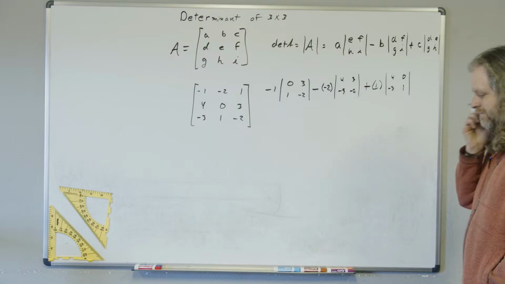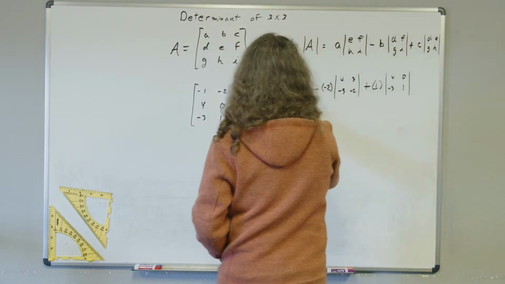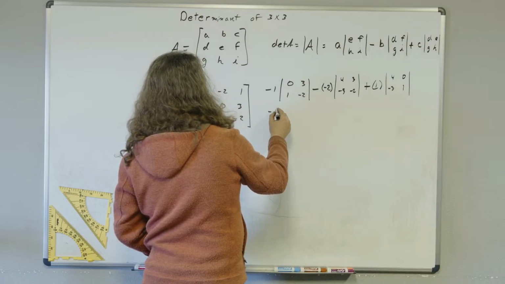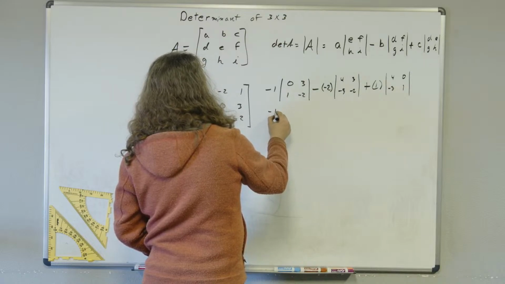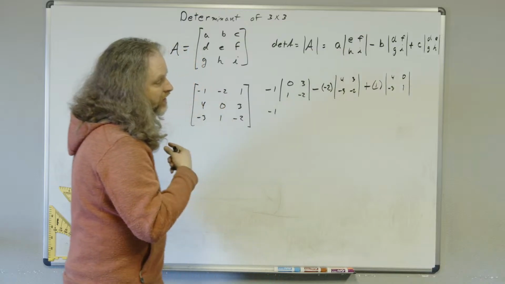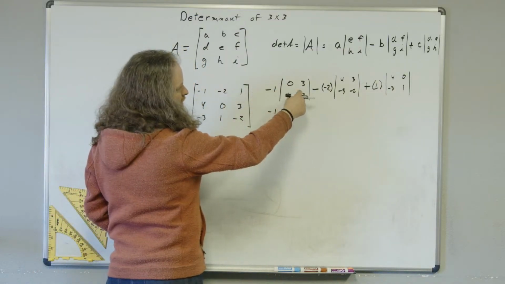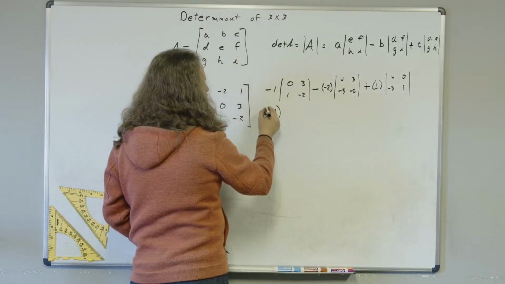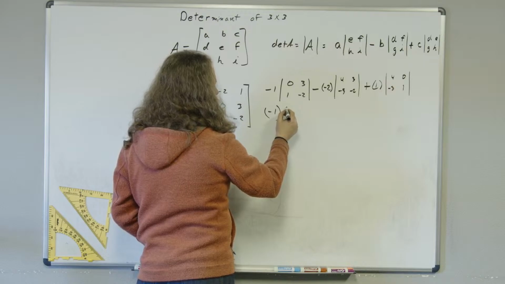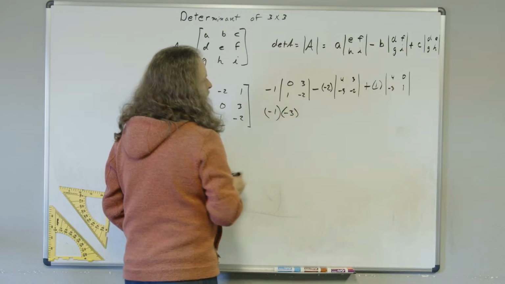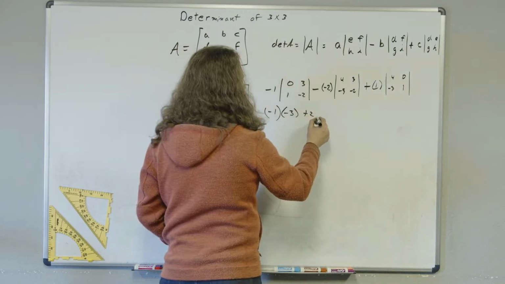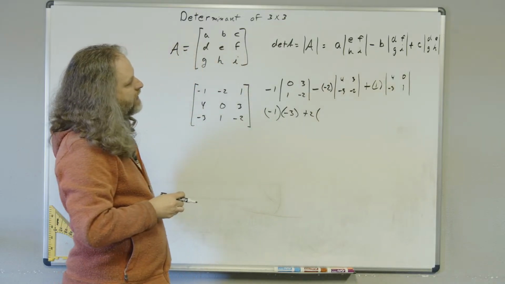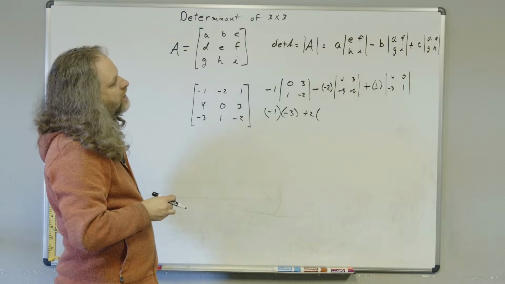Good. So 0 times -2 is 0, minus 3. Huh? 0 times -2? To find the determinant, we just did this on this last one. You multiply here and subtract minus the multiply here, yeah. Yep. So 0 minus 3 is -3. Plus 2 times 4 times -2 is -8, minus,